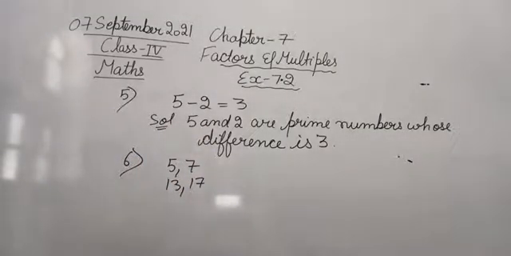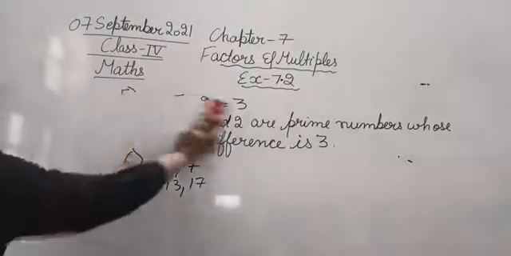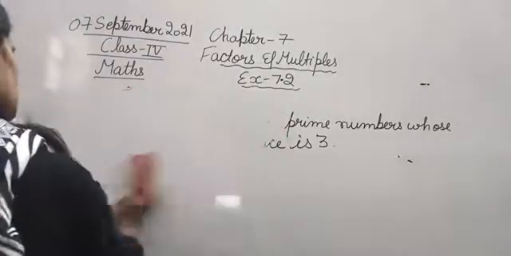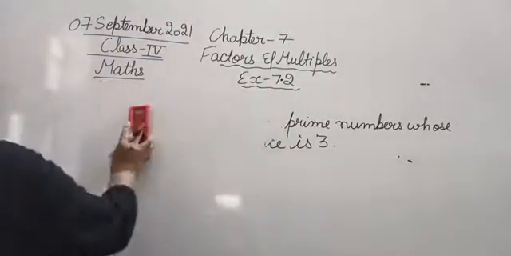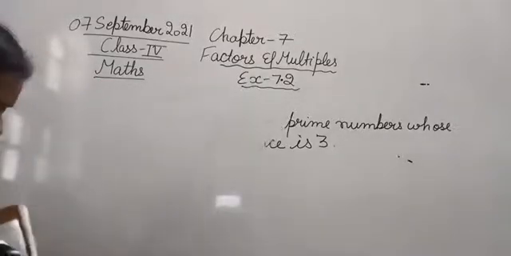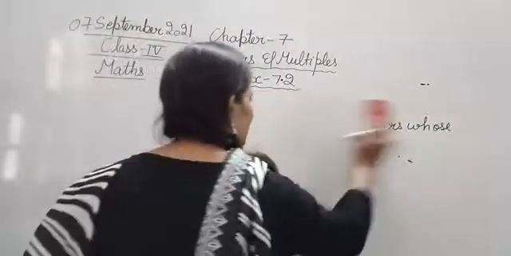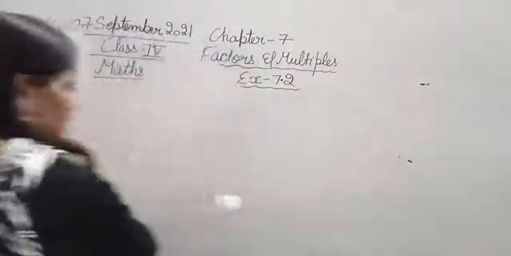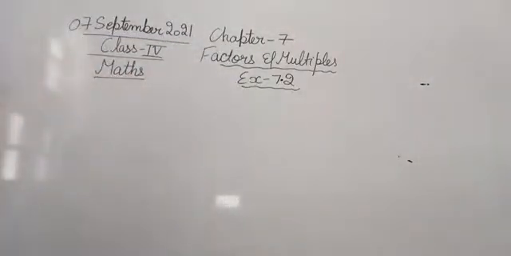With 2 you will find many pairs. So 2 pairs whose difference is 2. Let's begin with the 7th one. This question asks for 2 pairs of prime numbers which differ by 2. So we have to name 2 pairs of prime numbers whose difference is 2. So it can be